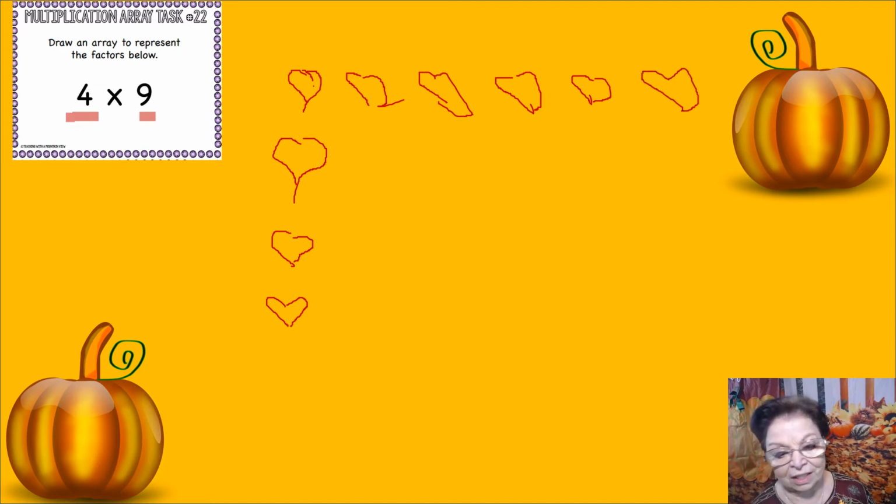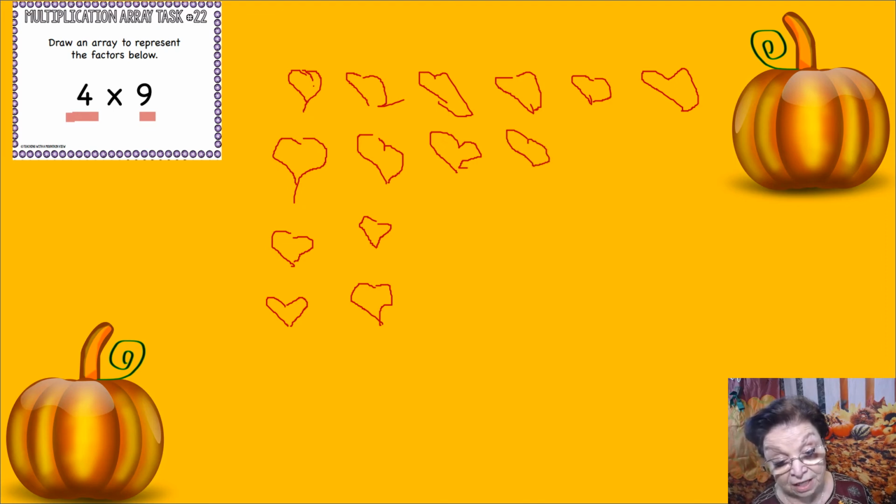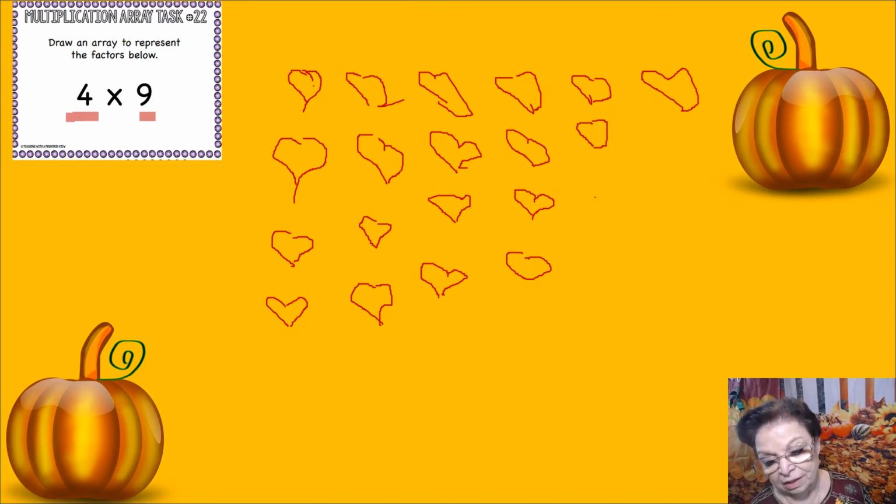Oh, these would be a lot easier to count if they were organized like this in rows and columns. That's why we use arrays. And you use it every day in the real world. And you see them every day in the real world. Now I'm going to draw 2 hearts in each column just because I want to. There we go. Now, if you were to finish drawing this array,